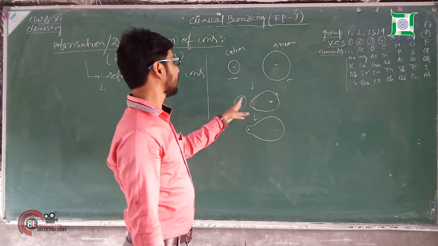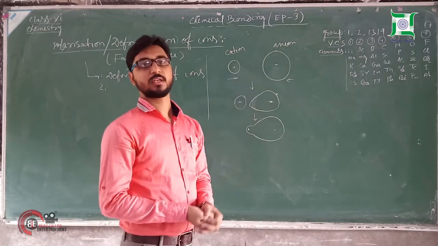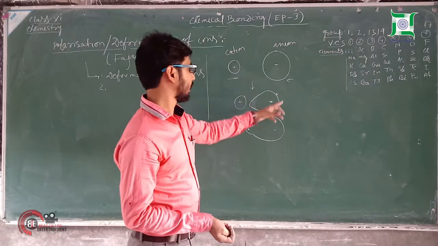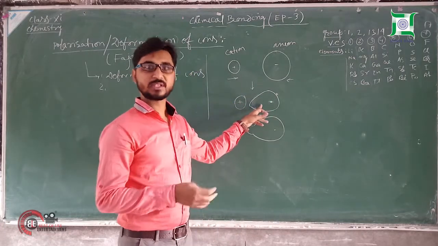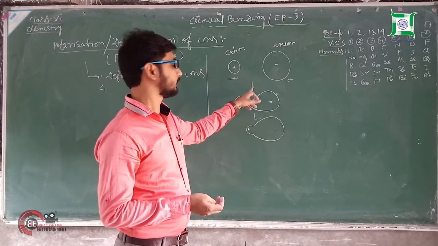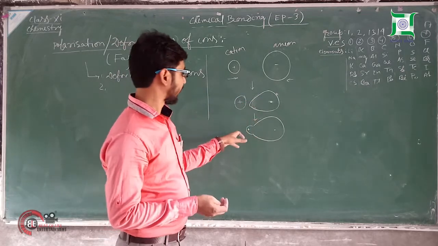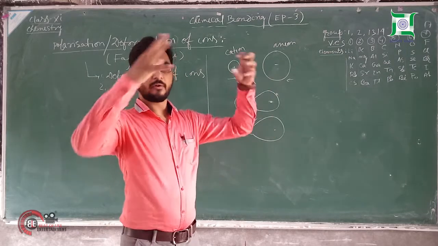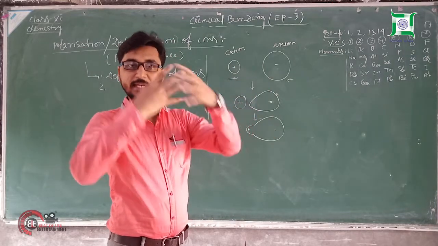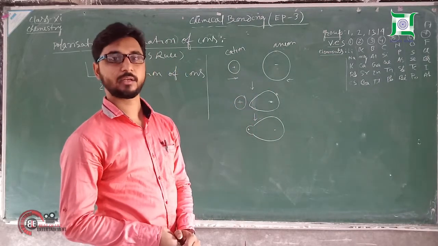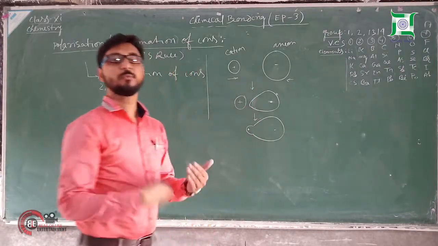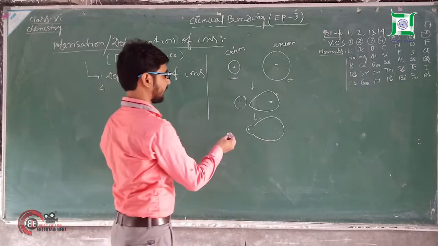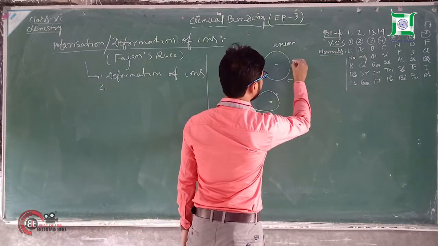But when they come close to each other, the electron cloud of the anion gets deformed by the positively charged cation, and then slowly cation and anion overlap with each other to induce somewhat covalent character in the molecule. So in that way the deformation of ions takes place, and as a result